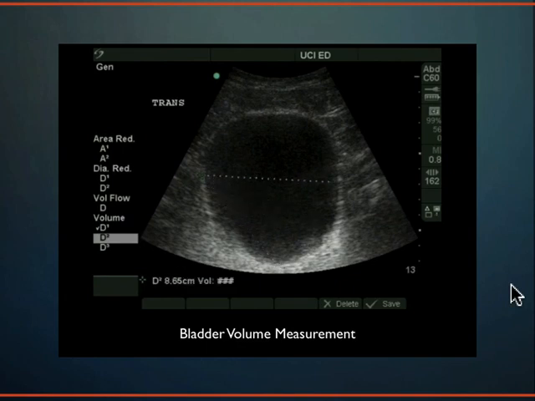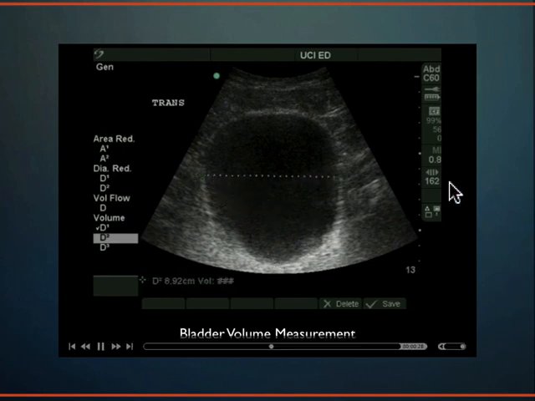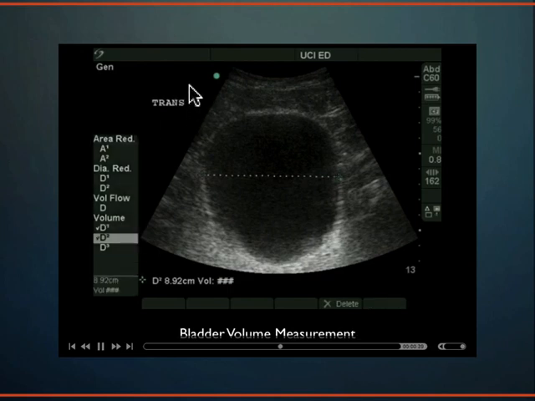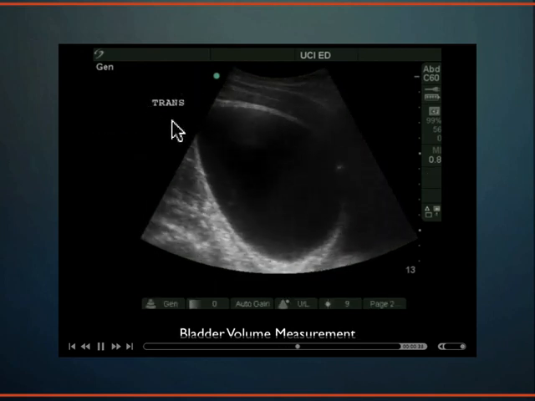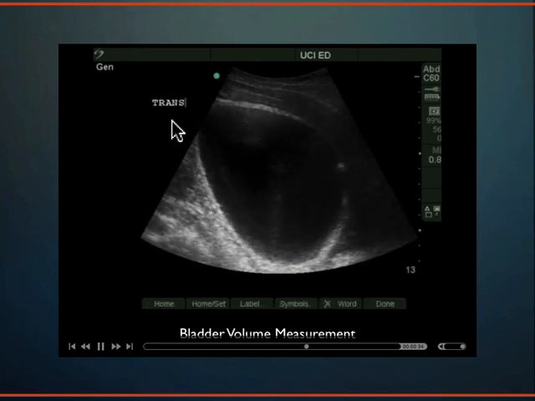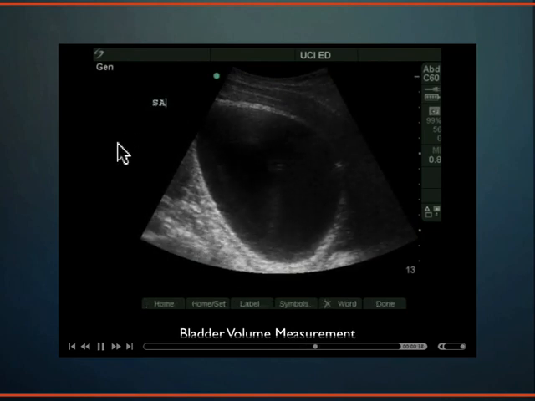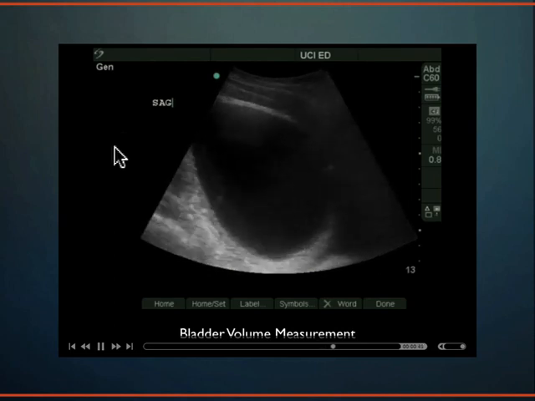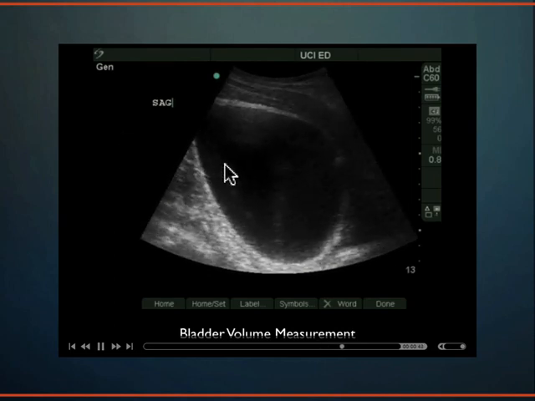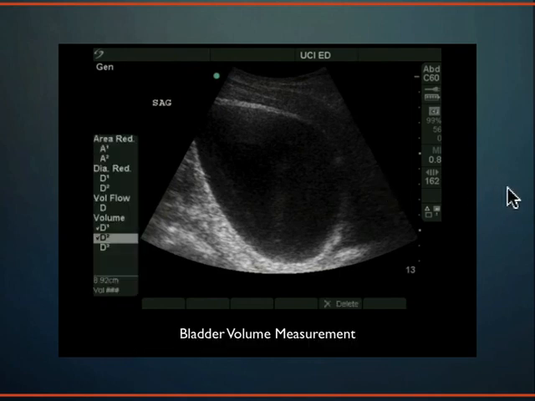So they measure the height. Now they're measuring the width in the transverse plane. And then they're going to unfreeze the machine, and they're going to go to a sagittal plane. You'll see here now, they rotate the probe 90 degrees so they're in a sagittal plane, and they delete the word trans, and they write the word sag, and then they're going to get a nice long sagittal plane of this. They're going to freeze it, and they're going to drop their caliper across the screen,